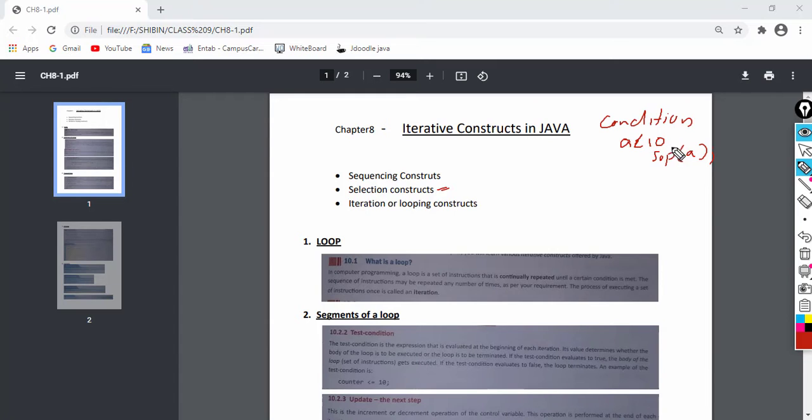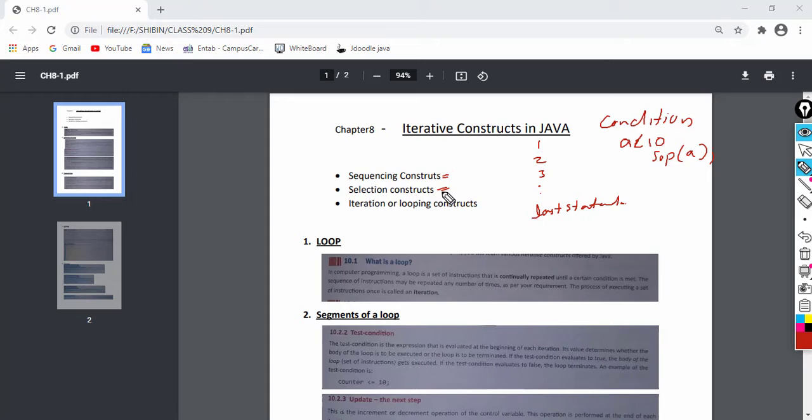So the flow of execution is changing. Normally in a program, the flow of execution is statement 1, statement 2, statement 3 till the last statement, isn't it? So this is the normal execution of a program. Normally from top to bottom all the statements will be executed one after another.